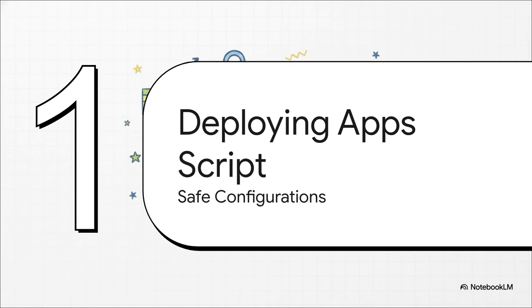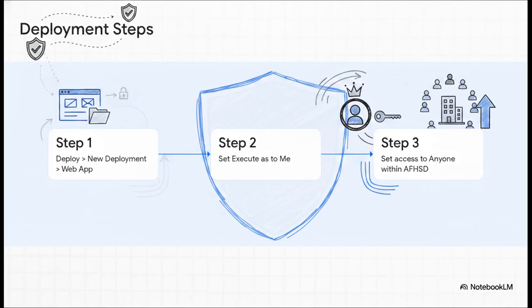Time for a quick, step-by-step guide to configuring things safely. Now, what's really interesting about this setup is how just 3 simple steps perfectly restrict access while maintaining the exact backend permissions you need. Step 1, navigate up to Deploy, hit New Deployment, and select Web App. Step 2 is vital. Set Execute as To Me. Why? Because this ensures the script uses your account, which holds the necessary permissions to access backing sheets and other